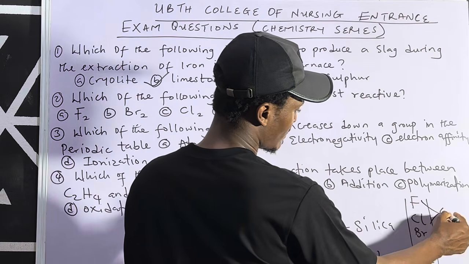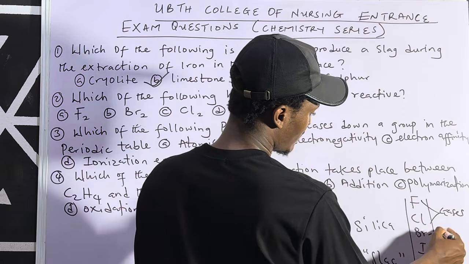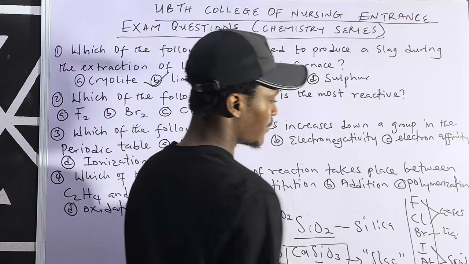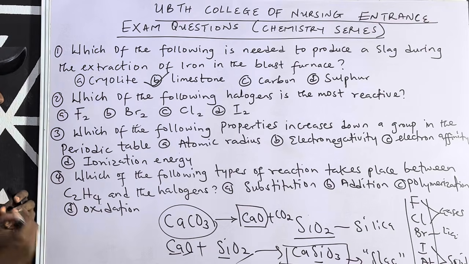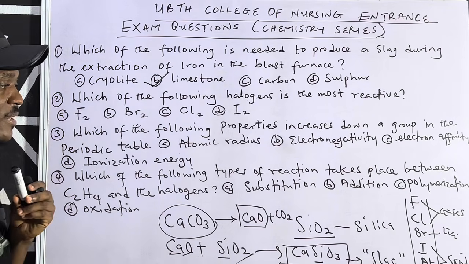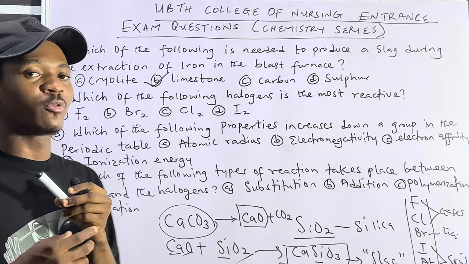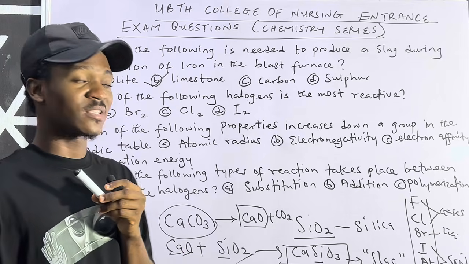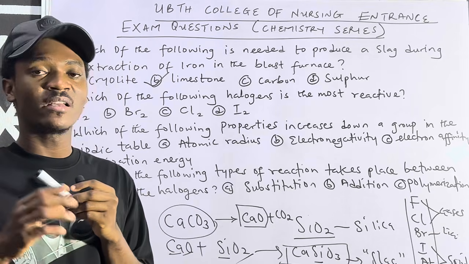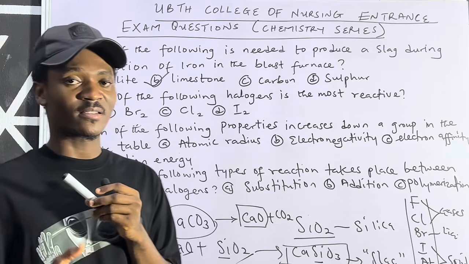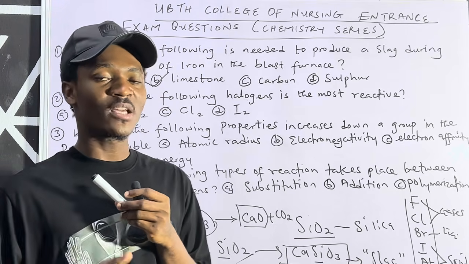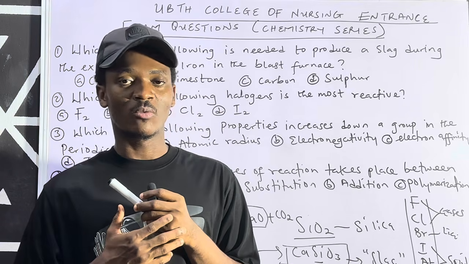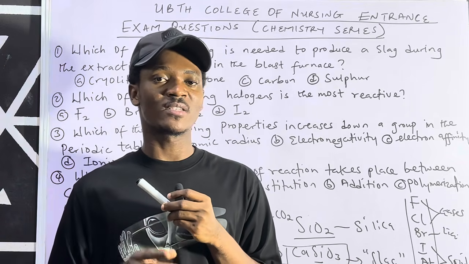Now these two, they are gases at room temperature. This is liquid at room temperature, while these two, they are solids at room temperature. So they are asking for the most reactive amongst the halogens. And of course, the most reactive should be most electronegative, because checking these elements, the most electronegative amongst them is fluorine. So if you are asked in your chemistry lessons which element is the most electronegative element, the best option to go with is the one that carries fluorine,